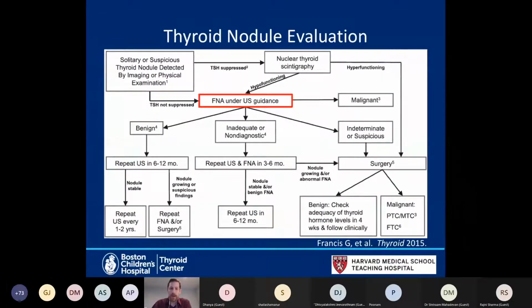So, I thought I would just outline what we do with specific cytologic results, and I'll try to be somewhat brief about it without getting into too much of the controversy. But once you've established that this TSH is not suppressed, there's a suspicious finding leading to FNA. Obviously, if you get a malignant result, Bethesda 6, that's going to be resected, and we can talk later about how to do that. Inadequate or non-diagnostic results don't really give you much information, so these typically will be repeated,